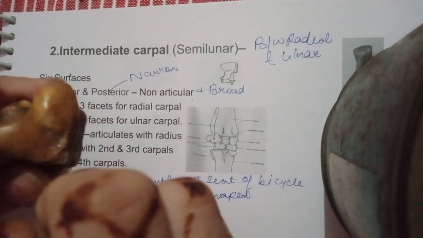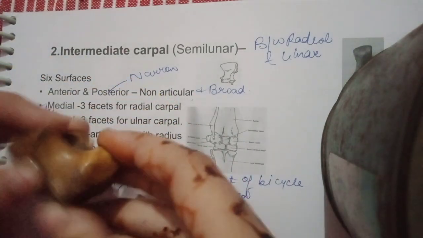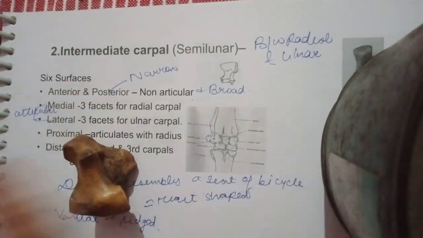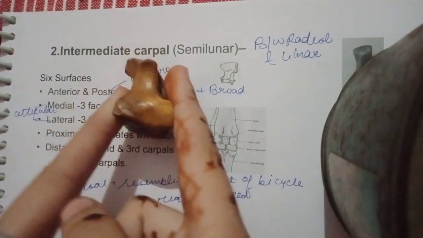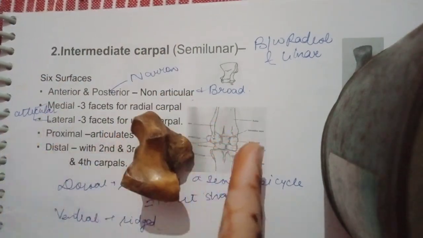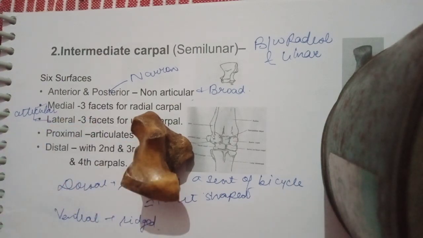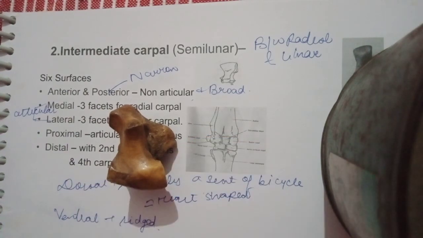So going with the intermediate carpal, this is known as semilunar. Why? It's for its shape only. ठीक है, like this is semilunar, the curve is here. Also again it has 6 surfaces: anterior, posterior, proximal, distal, medial, lateral. Here the medial and lateral both have the facets for the radial and ulnar carpal. So you can't see the plain side or the facet side. So in this, the identification feature will be